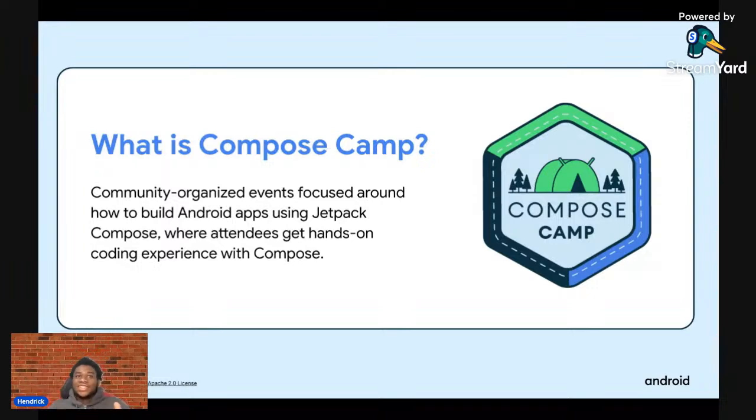And what is the future of Compose? The Compose team is quite ambitious, and there's Compose Multiplatform, which is their solution to cross-platform development.